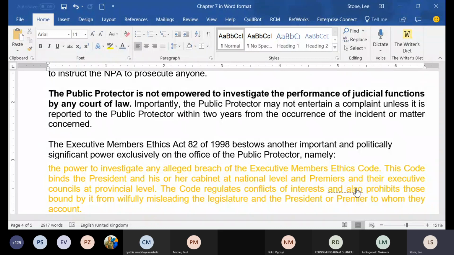All I was saying is these 5 pages that I sent out earlier today is everything you need to know about the public protector. So try to read these notes for yourself and understand it without